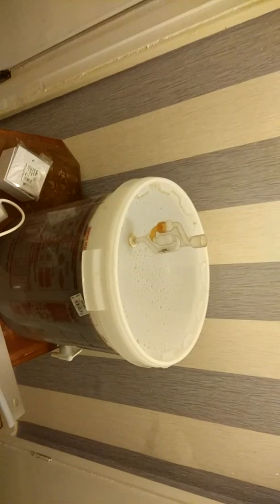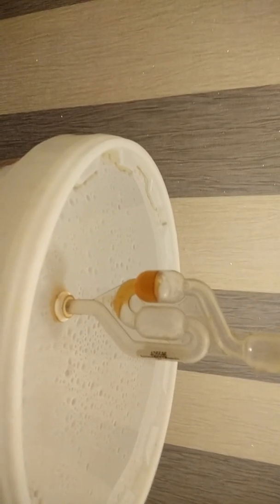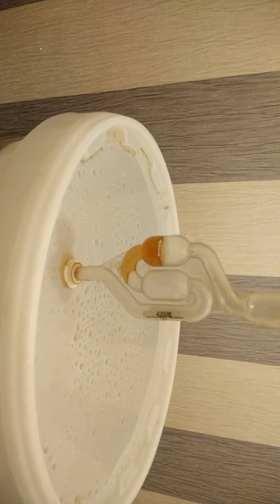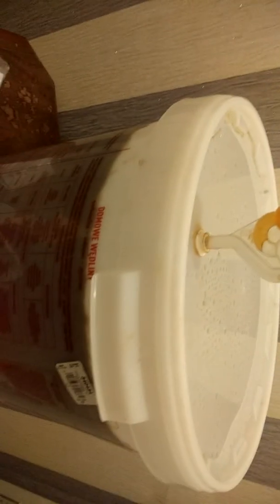So, Project Diesel bike, the brewing bucket's arrived. Oh, we've got a brew on. Put some coffee in there so you can see that fluid in there. That's how much activity we've got after one day. We've got 1.5 litres of plant fertiliser, half a kilo of spray malt, a kilo of sugar, and some